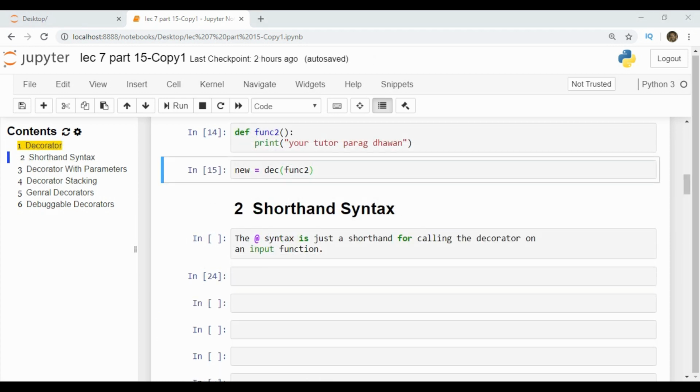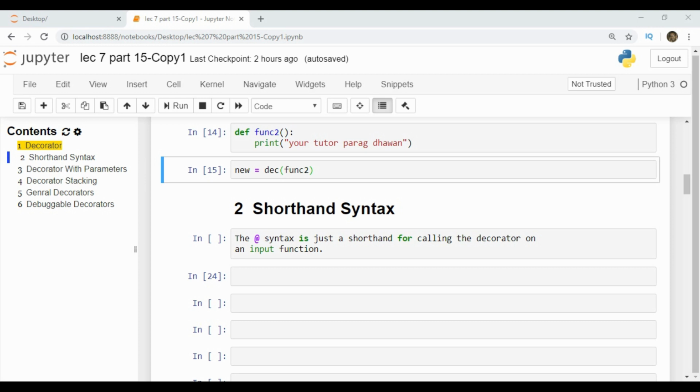Now we see the shorthand syntax for calling a decorator. You have the decorator dec already written. It prints two statements, and the function which is received is executed in the middle. It has a starting print statement, an ending print statement, and in the middle it executes your function.